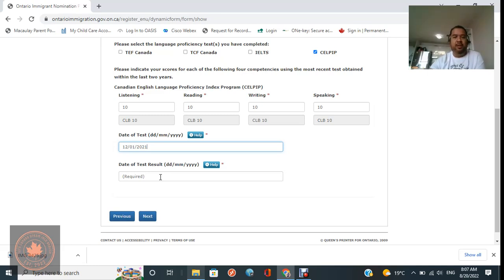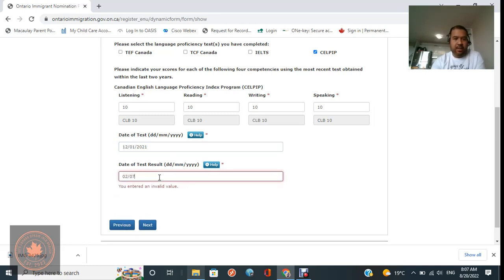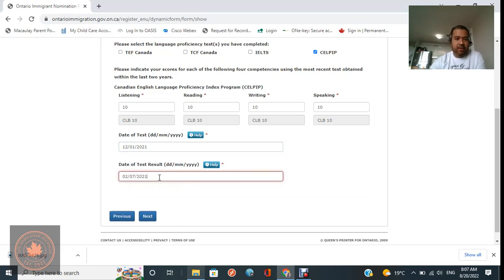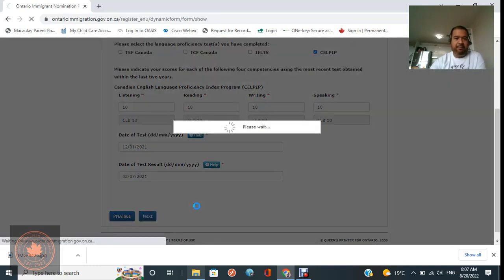But for the foreign workers, you don't need that. So date of results release, just an example. Last 2nd of July 2021. And then next,